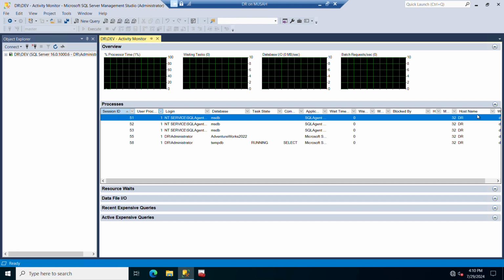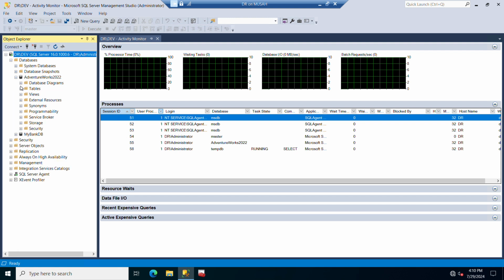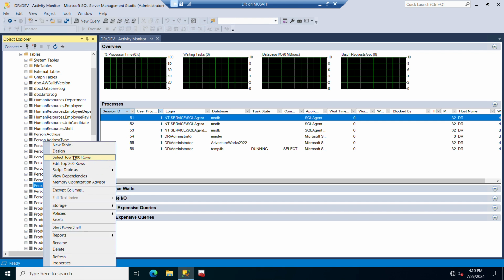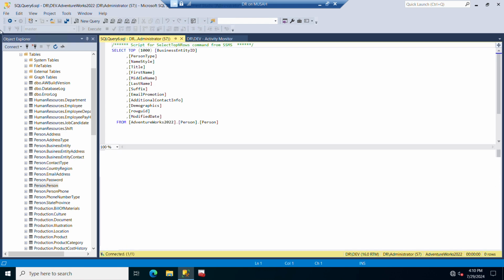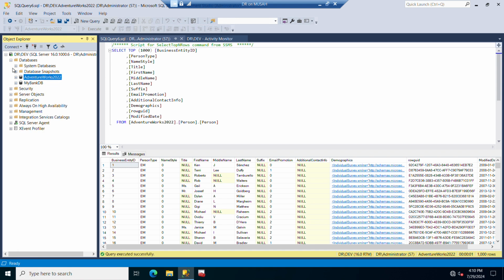Now, let me try to access a database and see what's going to happen. So let me expand here, go to databases. Let me select AdventureWorks, go to tables, and select top 1000 rows. Now let me access the same database